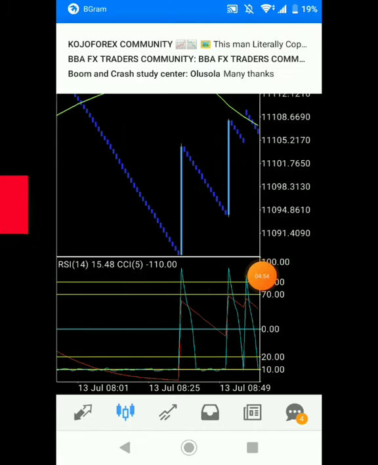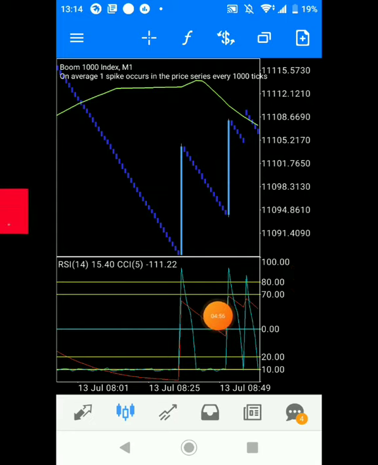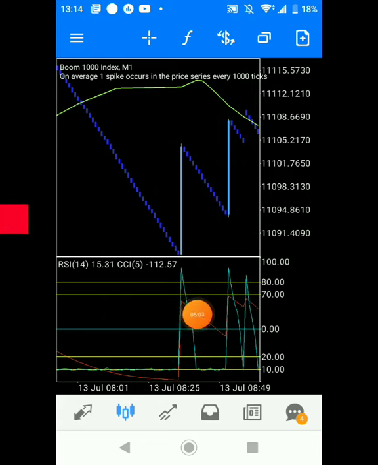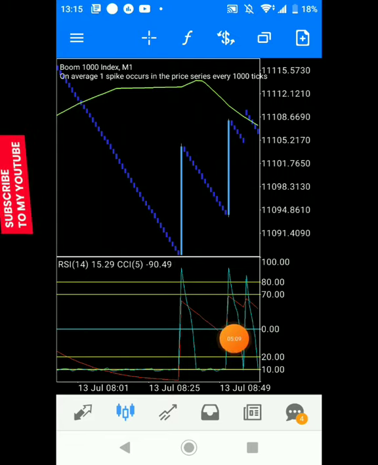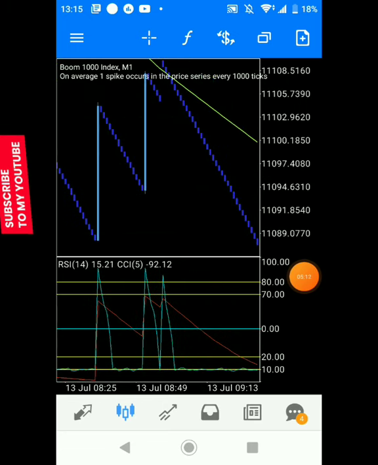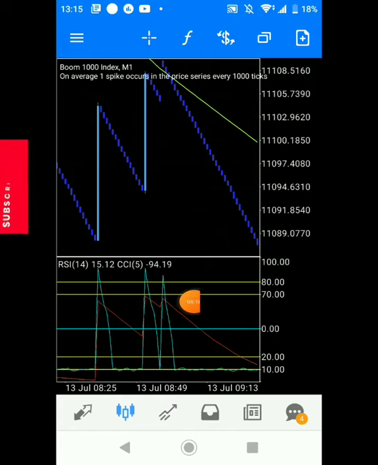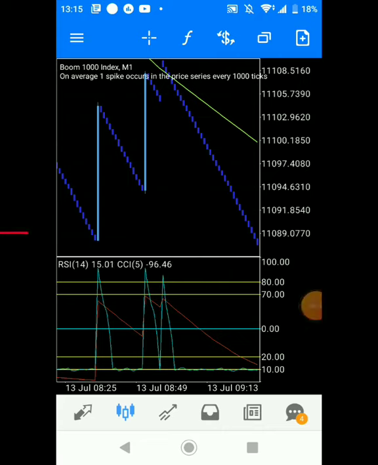So I don't advise you to place a sell yet, because you're not yet sure what might happen. As you can see, when price got to the 0.0 level, another spike took place, and price began going down again even though it hasn't gone into overbought. You need to understand that not every opportunity you see, you put your head into. Some opportunities you can let go. After all, there are still many more opportunities.